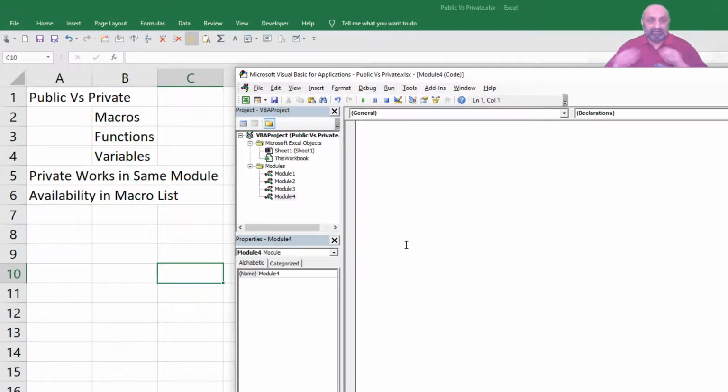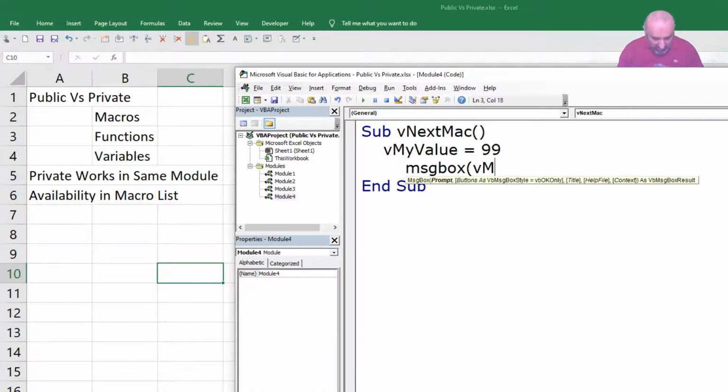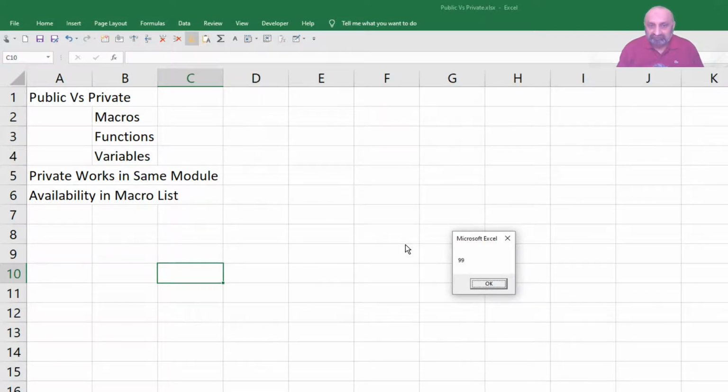Now let's say sub, and let's call it next mac, and say v my value is equal to 99 and msg box v my value. So this is simple how we do it. If I run it, it simply runs.